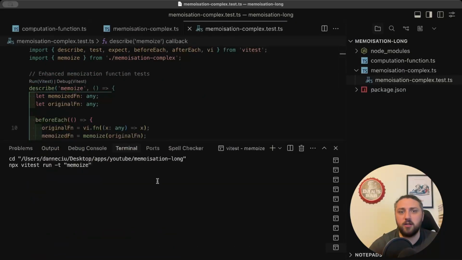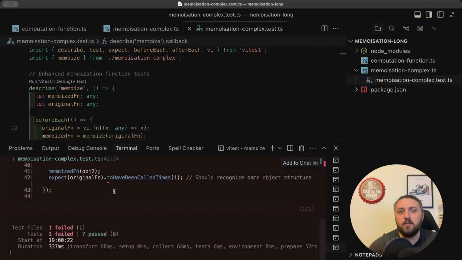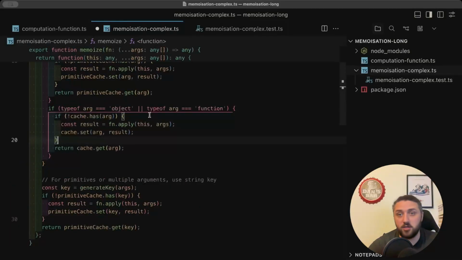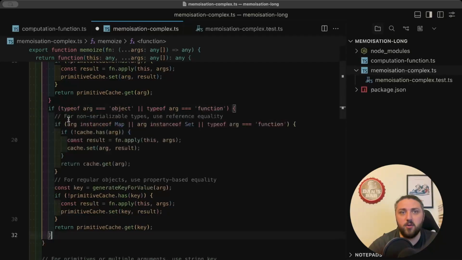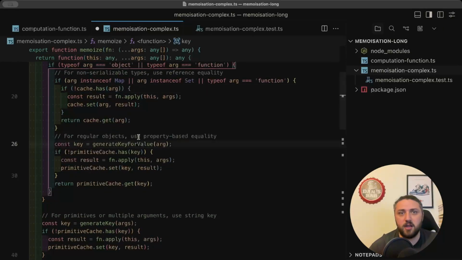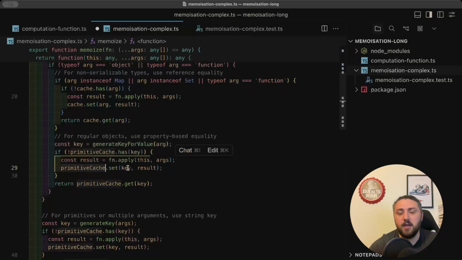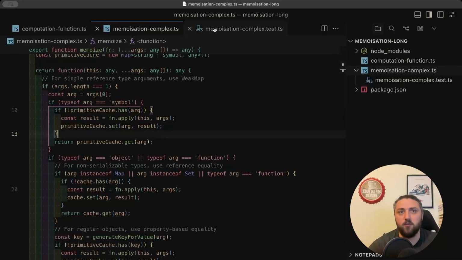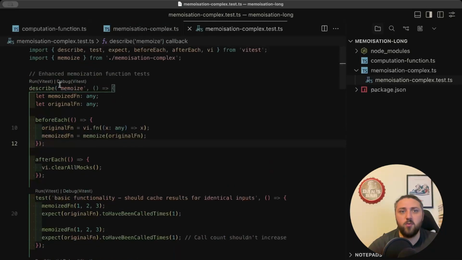And now if we run our test, you can see only one test is failing right now, which is that the property orders are no longer working that we fixed initially. So let's get this to work as well. So you can see here where we are checking for an object or a function, we actually need to do something more complex. First, we need to check map, set, and the function, and we have the same values as before. But for regular objects, we need to handle it differently, and we need to bring back the options where we use the primitive cache because that one was working for objects. So now when we run the tests,